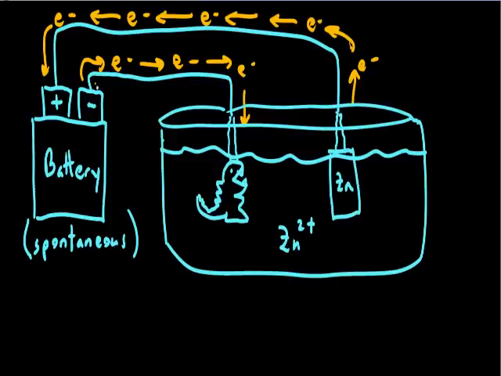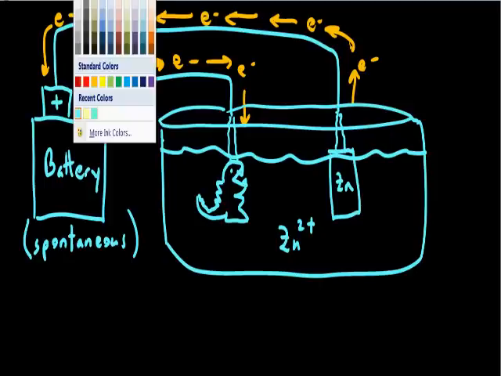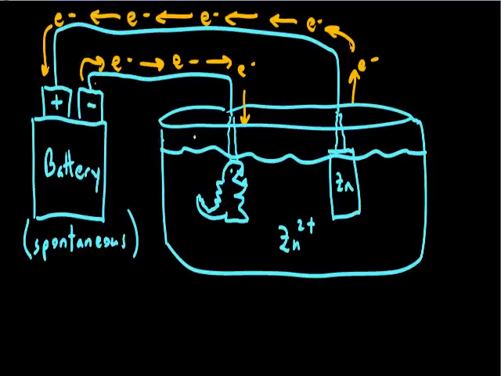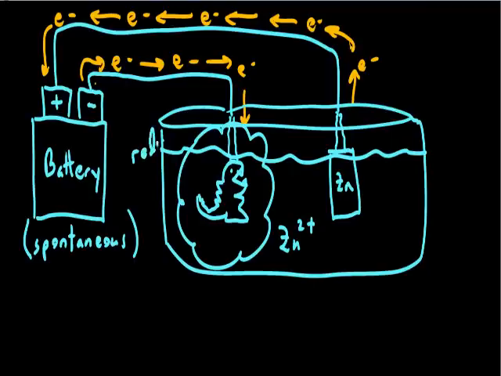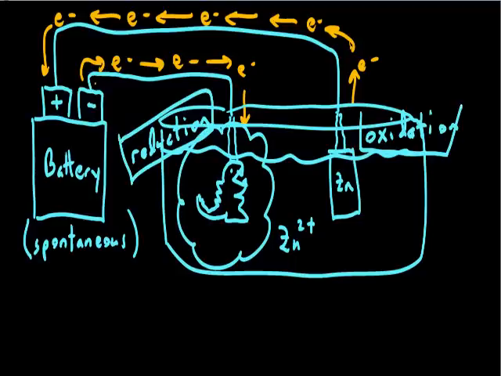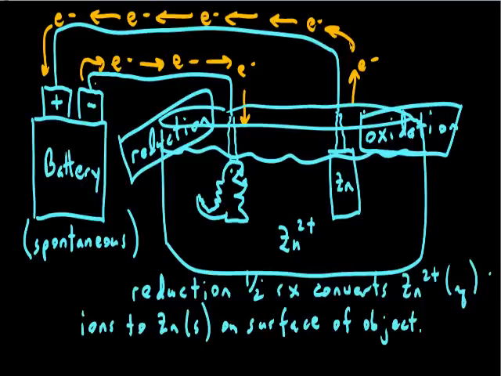Now, because we have electrons flowing out of the negative terminal, whatever object we connect to the negative terminal on our battery is going to be the location of our reduction. Likewise, whatever we connect to the positive terminal on our battery is going to be the location of our oxidation. What's going to occur is our reduction half reaction will take place at whatever is connected to the negative terminal